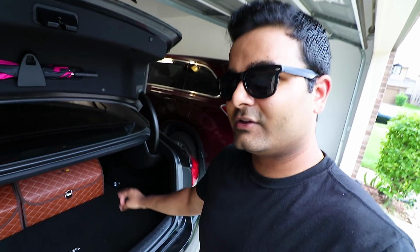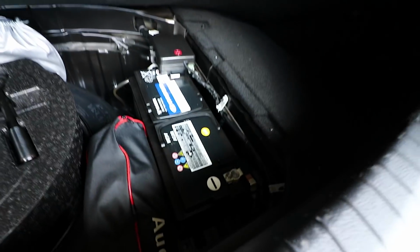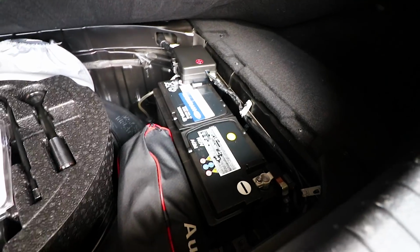Okay, so now I gotta tell you that in the Genesis, the battery is actually in the back compartment right here, underneath this guy right here. Let me show you in person. This is how you do it. So as you can see, there's the actual battery right there. It's a huge battery, definitely needed. But if you want to jumpstart a Genesis, the way to do it is,